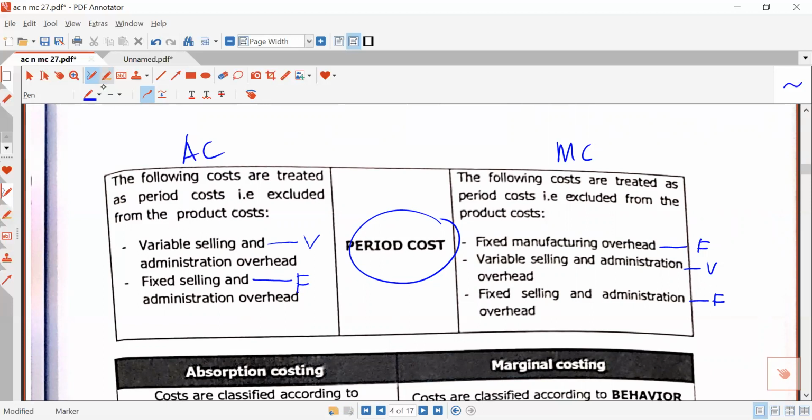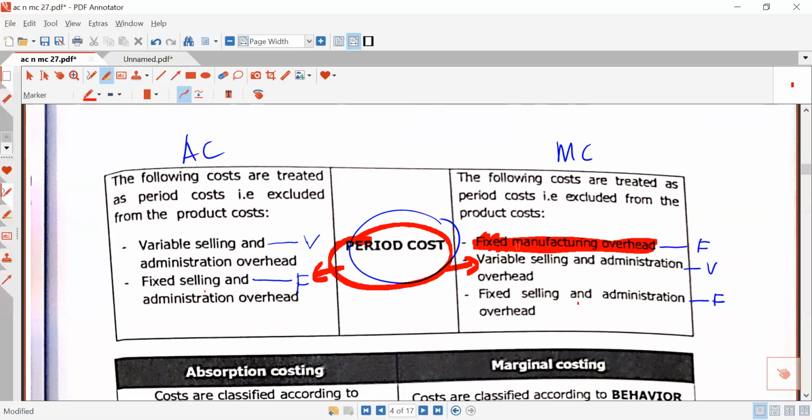Now, if you look at the differences, what are the differences between the period cost of AC and MC? Both have variable selling and admin. Both also have fixed selling and admin, but only marginal costing has the fixed manufacturing overhead. So what can we conclude here is